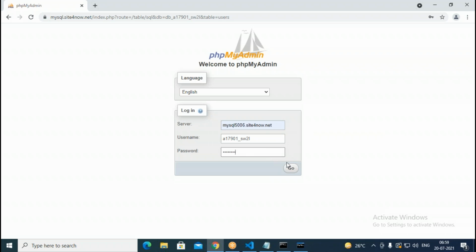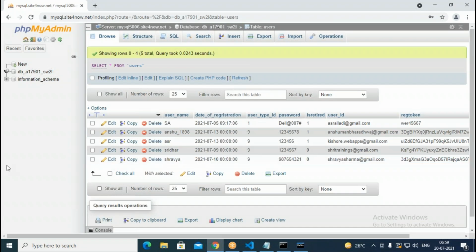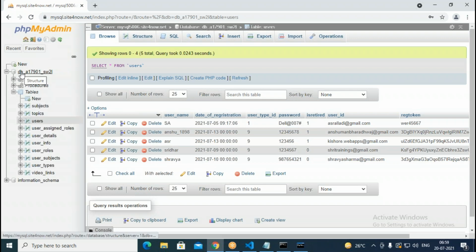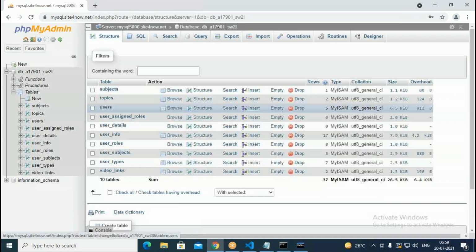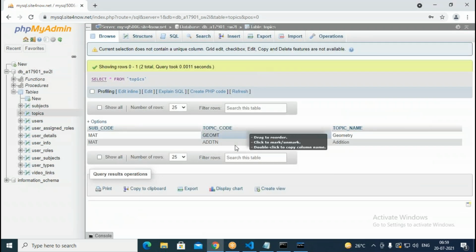Something like this we do. Once it's opened, it can show you the concerned database here. All these are databases we have in this. Like this it is available for us. This is what is happening for us.